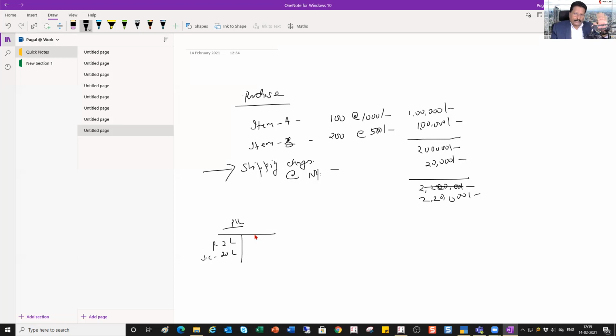Let's assume you have no other stock, or you have not sold anything. If you account this in the first school of thought, where you are not appropriating your additional cost, what happens is